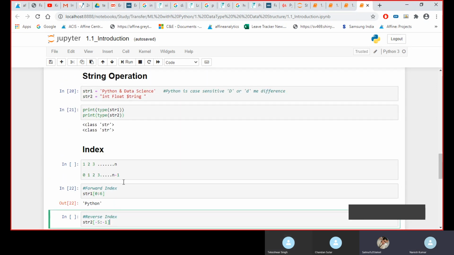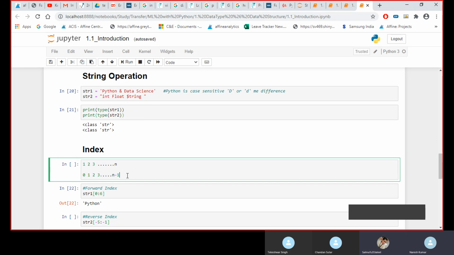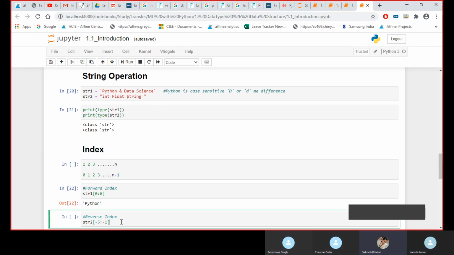You should tell, right? Have you all understood this one, right? Index minus 5, I think it is STRI.